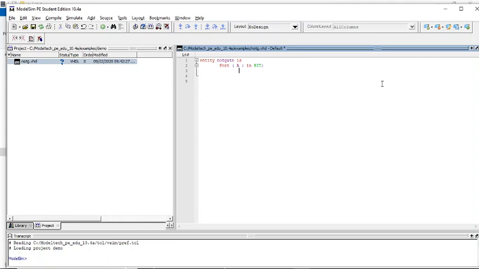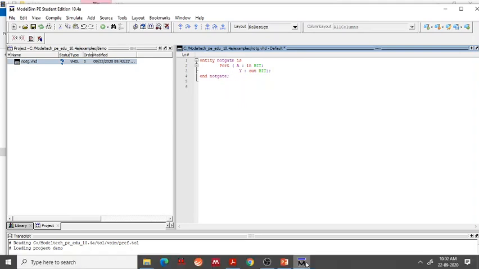We will declare the output port as Y colon out, and since it is an output port, the keyword is out. The data type is bit. A NOT gate has only one input and one output. Now we'll end the entity using the end keyword followed by the name of the entity. We are going to close the entity NOT gate, so end NOT gate semicolon.